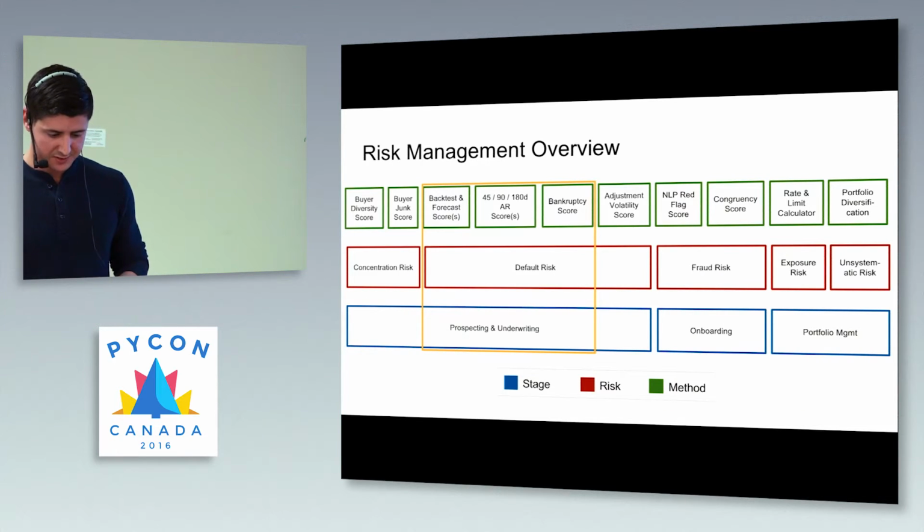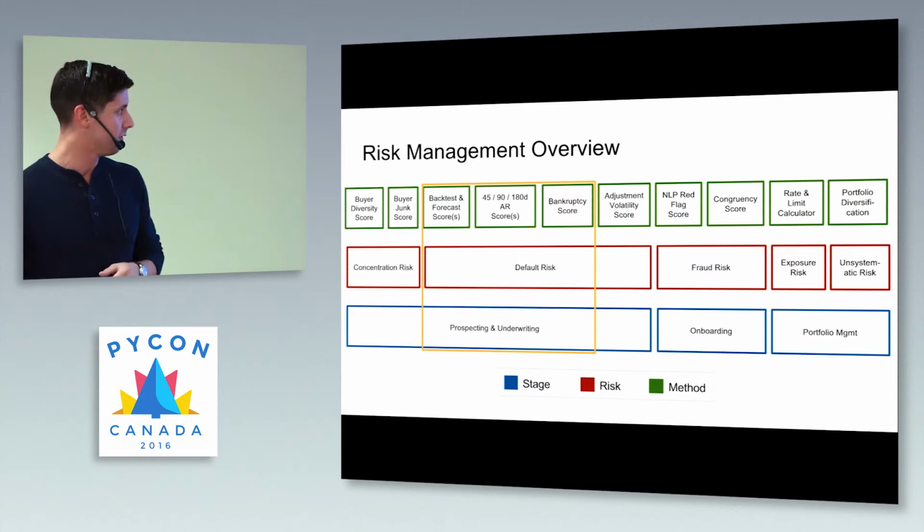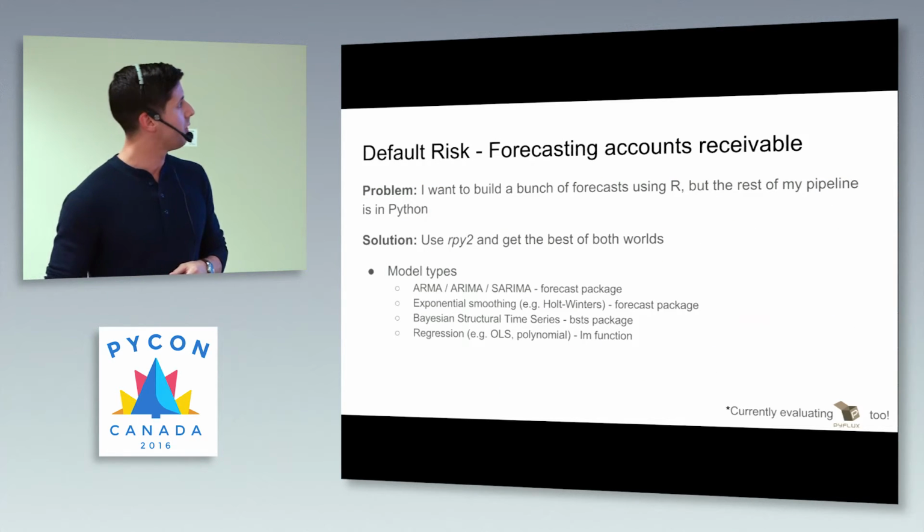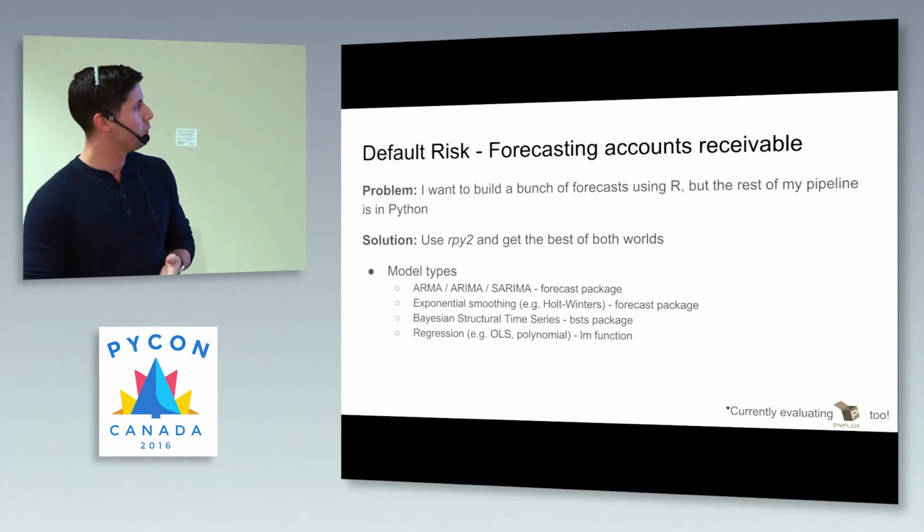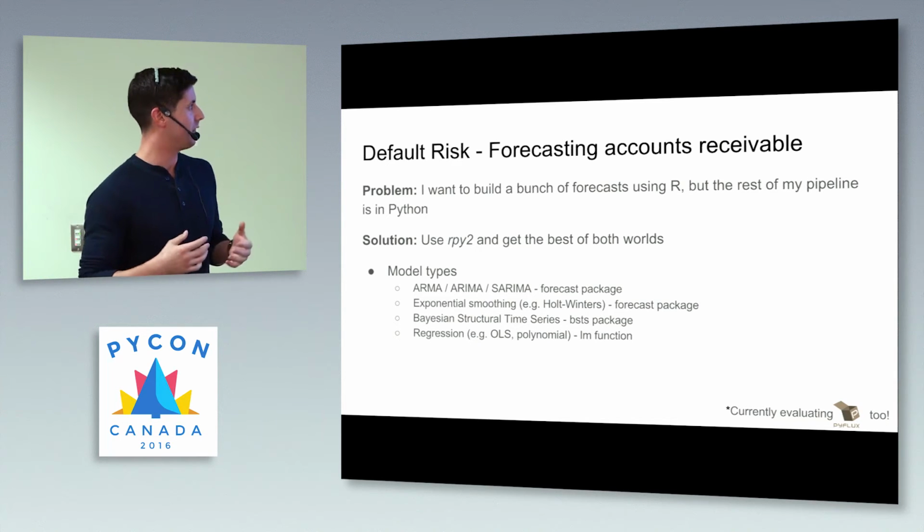So that kind of addresses concentration risk. Most of the talk will be focusing on default risk. That's really the most interesting part. So when we talk about architecting this system in Python,